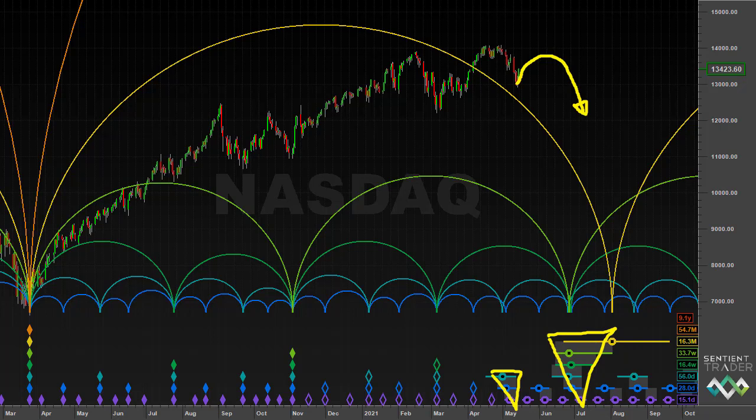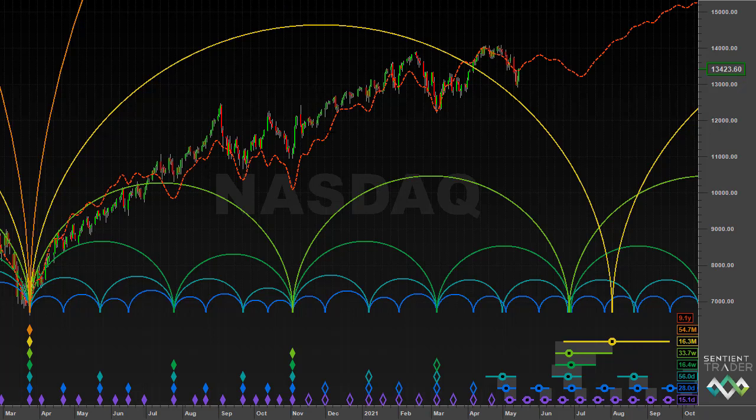And so this is exactly the same situation as we are looking at in the S&P 500. There's no new information in there, but I thought it would be useful just to remind us all of what we are looking at. And I had several requests after last week's video to display the composite model line for the NASDAQ. And so there is the composite model line for the NASDAQ.